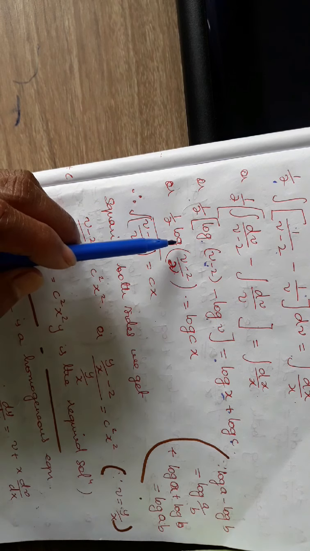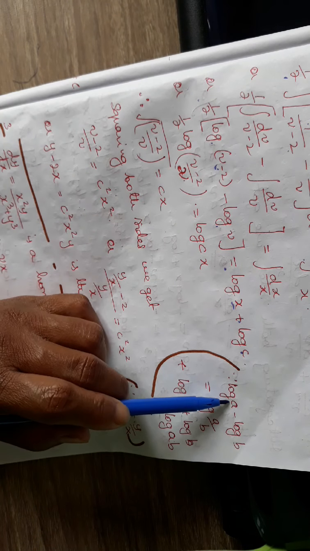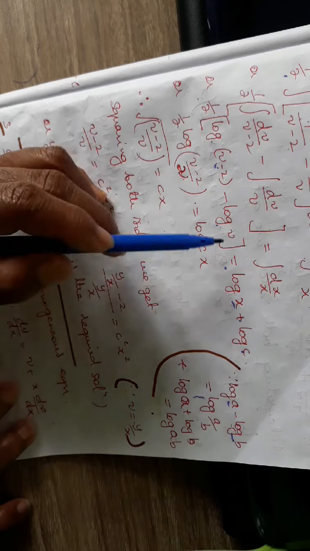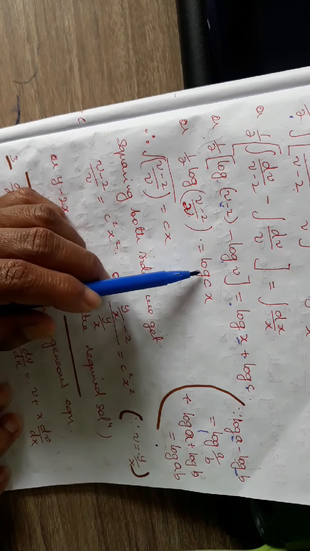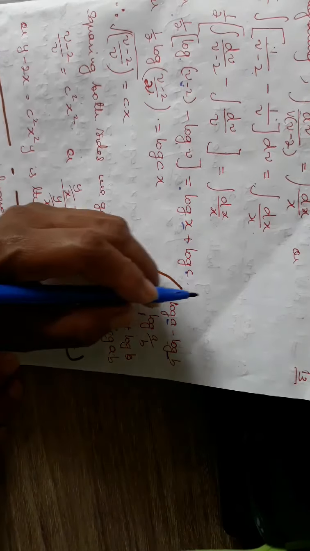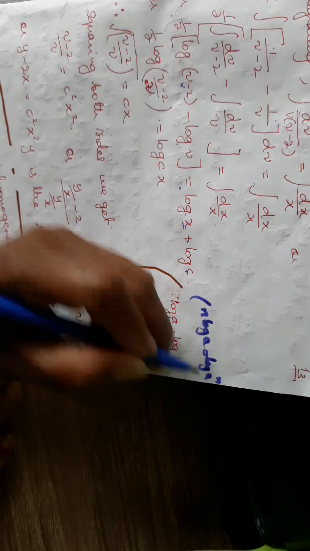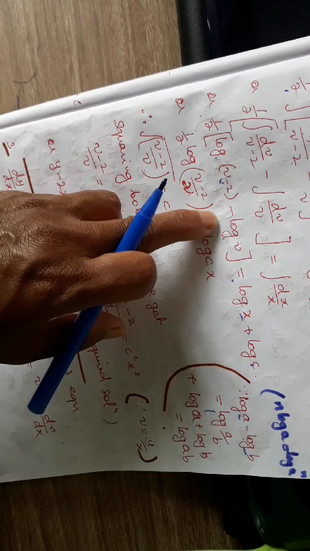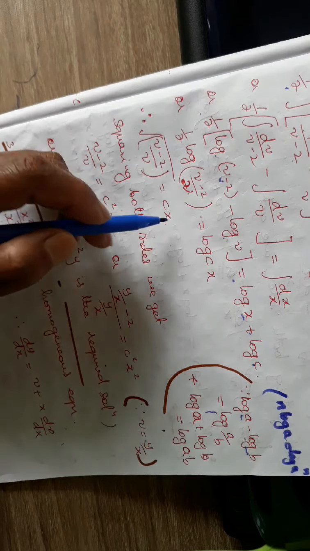So here we have 1 by 2 into log of (v minus 2) divided by v, because from the properties of logarithm, log a minus log b is the same as log a by b, and log a plus log b is equal to log ab. So we will apply these properties here. So log x plus log c, I'm writing the constant term also in terms of log, so I have log of cx. Now take this half and write it to the power, because there is one property of log, that is n log a is the same as log a to the power n. So half log of (v minus 2) by v is nothing but log of ((v minus 2) by v) to the power half, which is the square root of (v minus 2) by v, is equal to cx, where this log vanishes because we are taking exponential